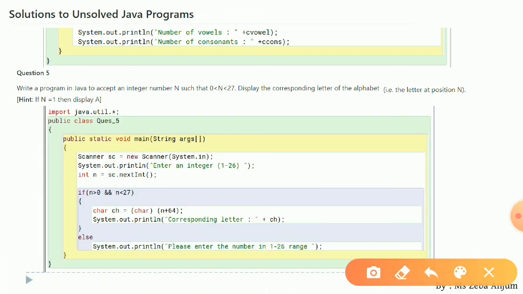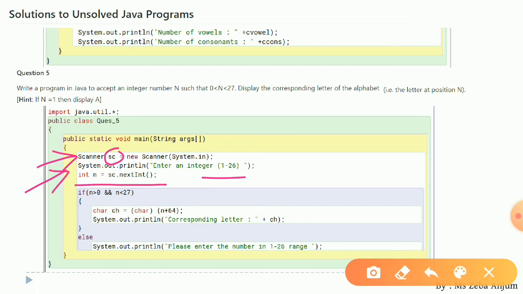Over here we are going to take an input, that is your n. So that is why we have used the java.util class. Opened our class, question number 5. Now see, our main function. Every other code you are going to write in the main function. Now the first line, again, is your Scanner for taking an input. sc is our object. In the next line, System.out.print, enter an integer. It should be in the range of 1 to 26. Now, int n = sc.nextInt.